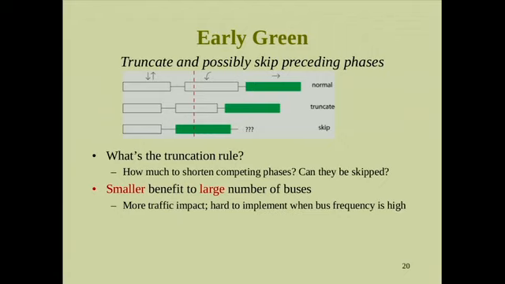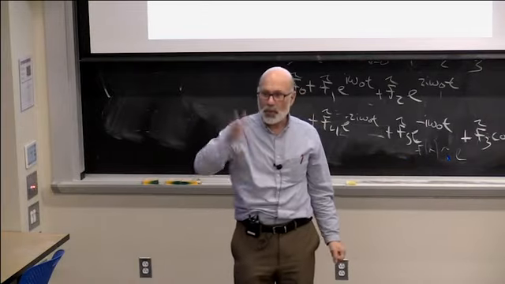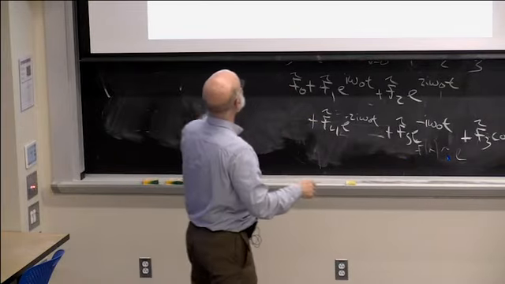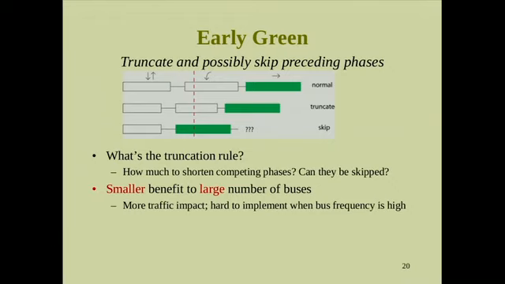Okay, so in this diagram, the phase that's green, that's the phase in which the bus is coming. And the phases that precede it, those are competing phases, the cross street or left turns that are waiting. And the red dashed line, that's when in the cycle the bus is going to arrive. So I've got a situation where the bus is expected to arrive near the beginning of this left turn phase, and then it would have to wait through the end of the left turn phase, and finally its phase would be green. So with early green, I could